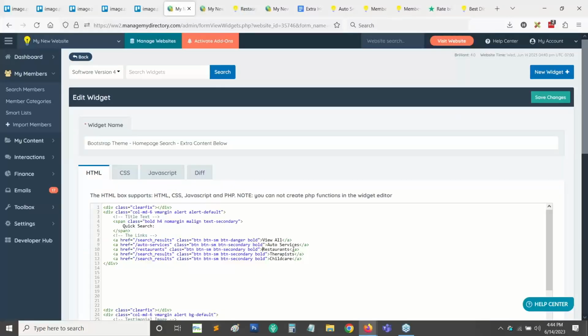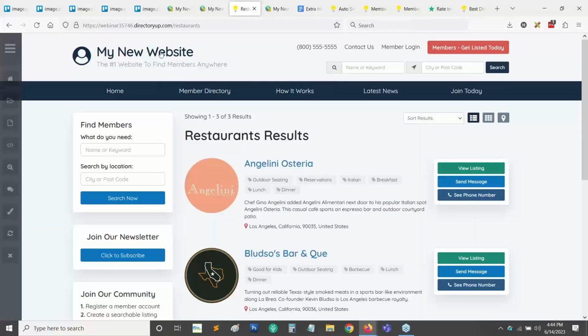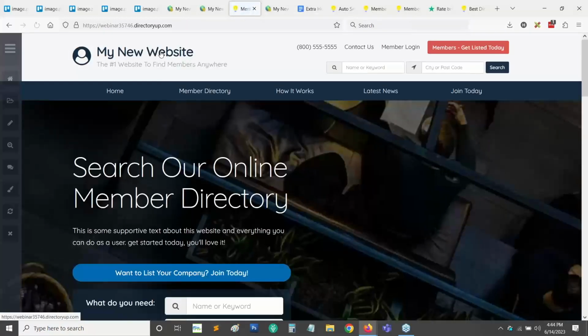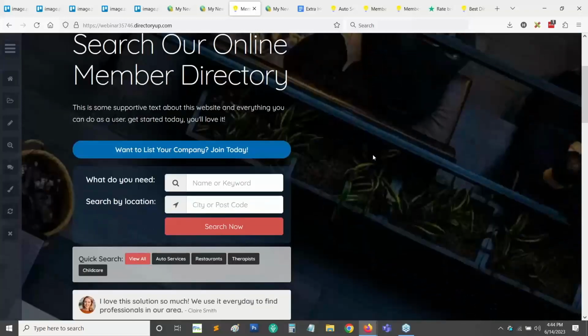Now, what's cool about doing this, and again, back to the objectives of the hero section of a home page, is we want people to quickly come to the site and do an action, conduct a search, read what's on the page. And these quick search links, I think, are a great way to get people to just click them, because some people are just curious. They just see a link. It says restaurants. Even David's example, the featured tutors, just that slide made me want to click on it